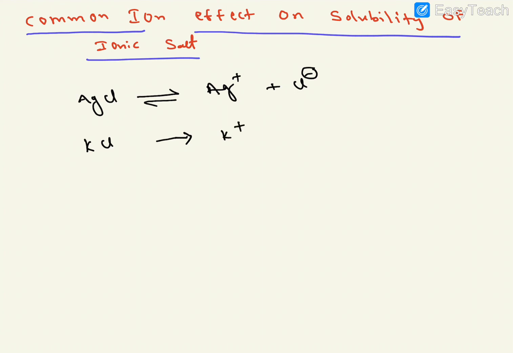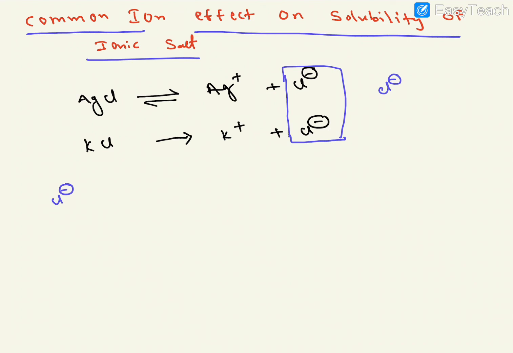For example, here we take the common ion effect with a strong electrolyte. Here KCl is there, and it dissociates as a strong electrolyte into K plus ions and Cl minus ions. So these ions are common ions. Due to these common ions, the Cl minus concentration increases, right? According to Le Chatelier's principle, once the concentration of product increases, the reaction goes backward. If the concentration of reactant increases, the reaction goes forward.